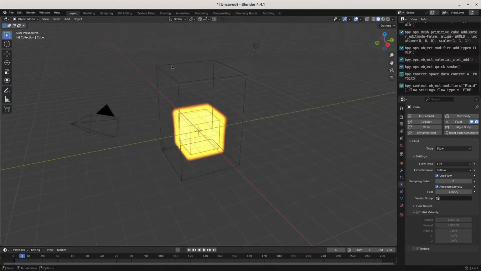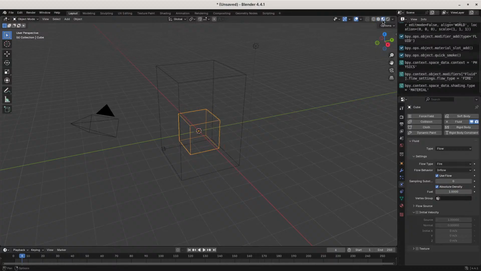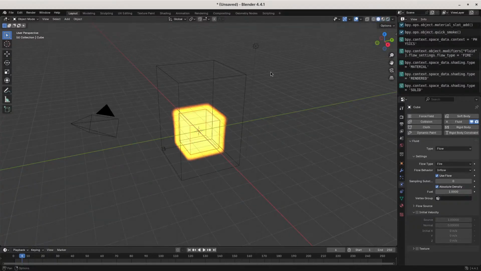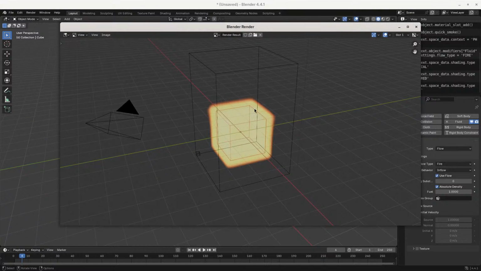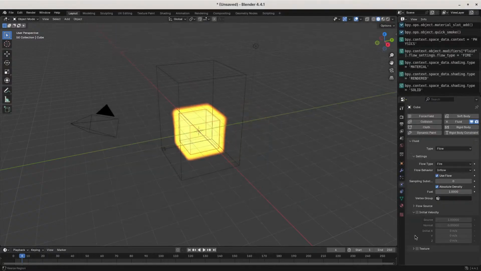So that's what I was saying. Also, some people might say, oh, it's because you're in a different viewport shading. You see, it doesn't matter which one you pick. But if I go to view here and I put viewport render image, you see it renders nicely, but I don't want the entire viewport with the cameras and everything. So as I said, what you need to do to fix this is